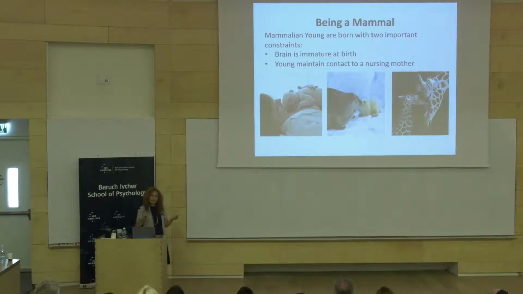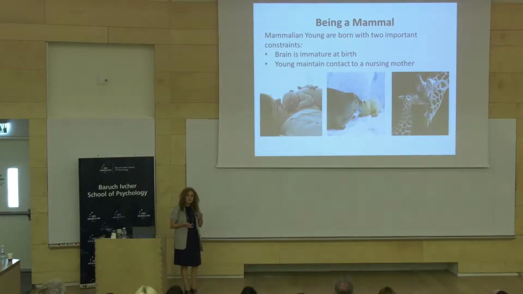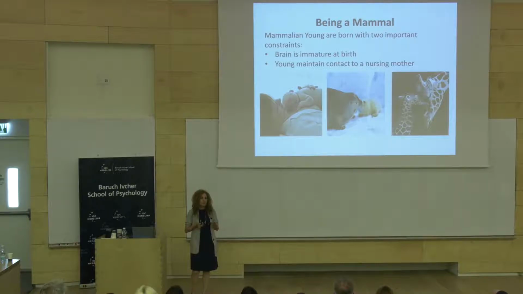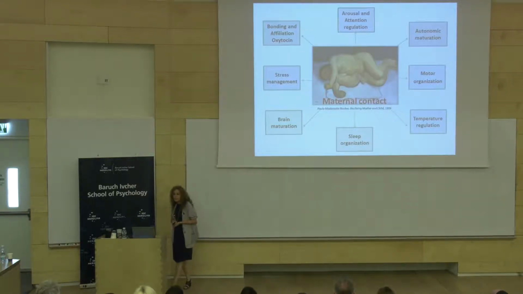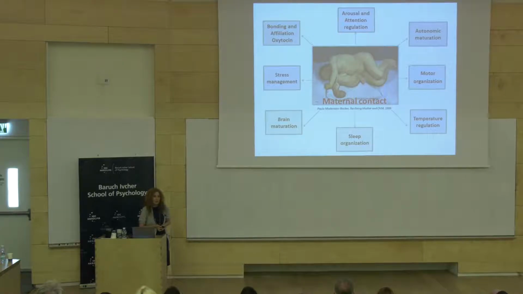This opens an interface in both space and time where the young, immature brain develops in the context of the stimuli that are provided to it by the mother. And here we have two types of mechanism. Mammalian general mechanism that's related to being close to the mother's body, and this is the work of Myron Hofer beginning in the 1960s, but then many others showing that